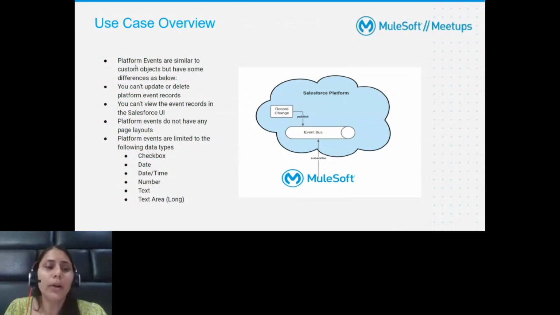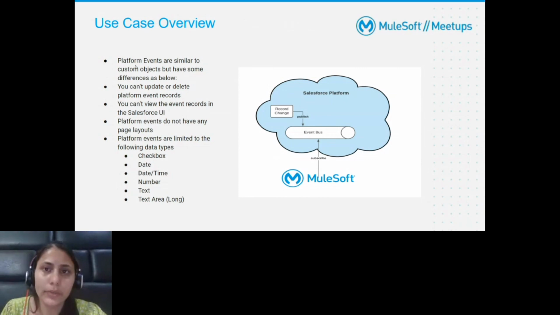For data types, we can use checkbox, date/time, number, text, and text area. Platform events are very beneficial in real-time processing, so according to our use case, we can choose platform events or go for custom objects.